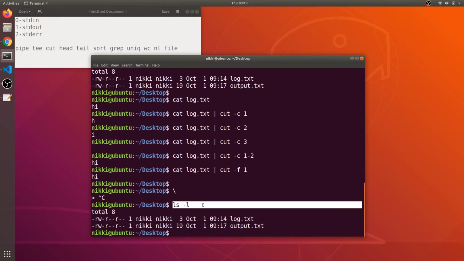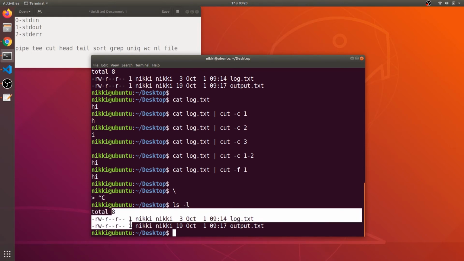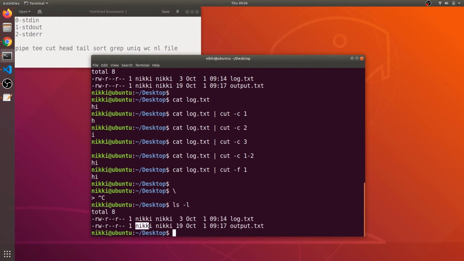We have got this ls command, and the first line says the total, and the second line has some file permissions, and the third line also has file permissions. Now what I want to do is separate all these columns according to the space. So I want all the first elements in these columns to be the first field, all the second columns the second field, and the third columns the third field. To get that we need to use another option in the cut command, that is -d. d stands for delimiter. Now I want to say space.